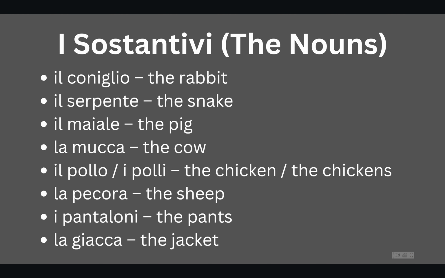Il pollo, i polli. La pecora. I pantaloni. La giacca.